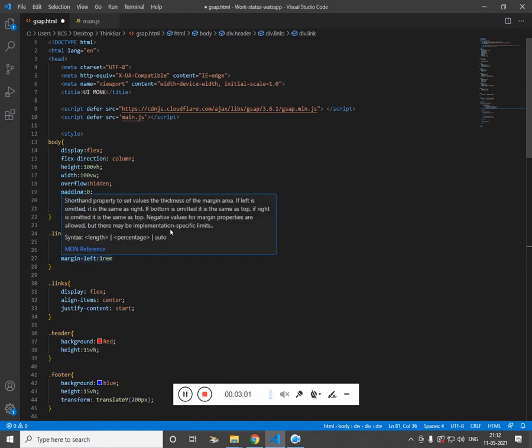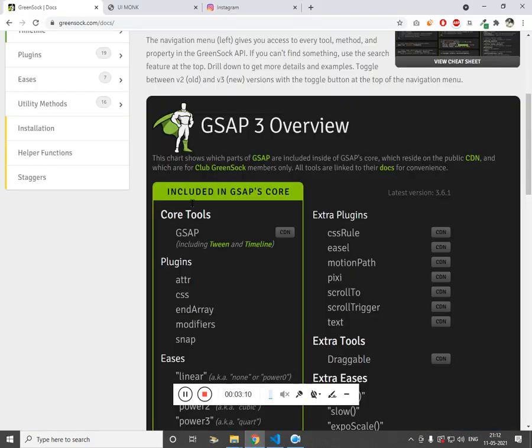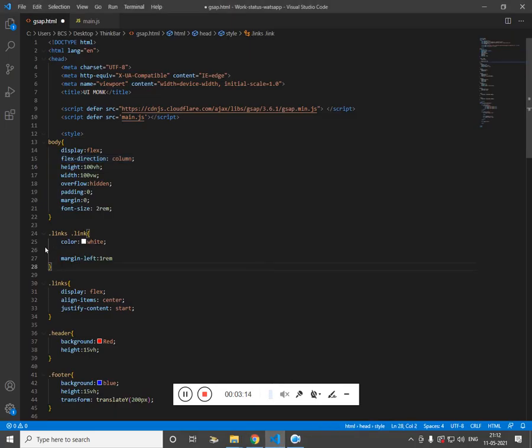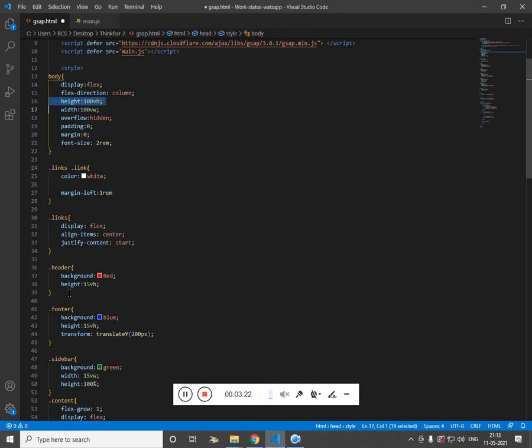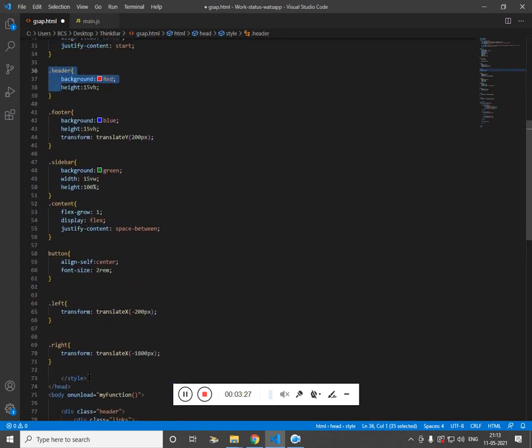Now if you see the body, I'm using display flex and flex direction column, which makes sure that our HTML content is placed one below the other, and I have used height and width as 100%. The reason for giving height is that I want to give a height to the header and a height to the footer.